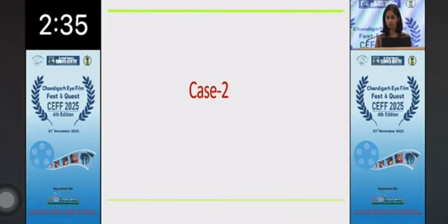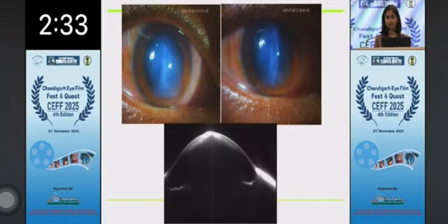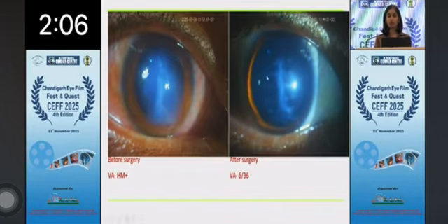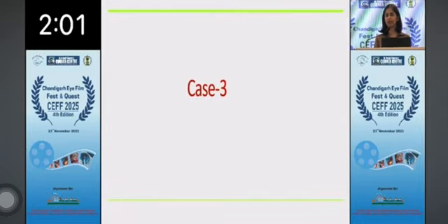Coming to case number 2, an 18-year-old boy presented with similar complaints. This is a clinical picture at presentation. There was a marked central corneal clouding with stromal infiltration. The patient was again taken for compression suture with intracameral air injection. This is a post-op day 14 picture with marked reduction in corneal edema. This is day 21 picture. Unfortunately, he developed significant corneal scarring. Post-operatively, the vision is 6/36. The patient was reluctant for contact lenses.